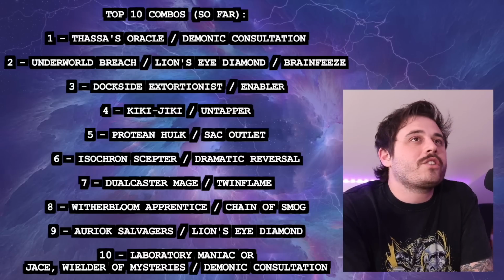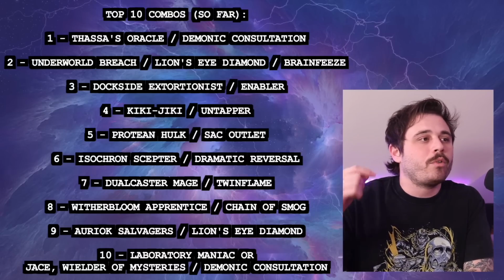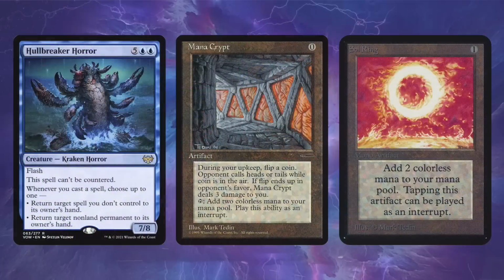That's true. It just requires a little bit more of a setup, whereas the Kiki-Jiki line is set up with one of those cards that we mentioned, Survival of the Fittest, Birthing Pod, Vivian, and a 3-mana creature. Set those 2 up, and you can go right to this Kiki line and win very easily. I think it is a lot easier to set those up than the Hulks. So I do agree with you there. All right, the next one then is going to be Hullbreaker Horror or Tidespout Tyrant with 2